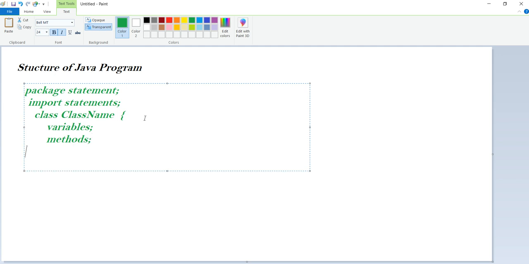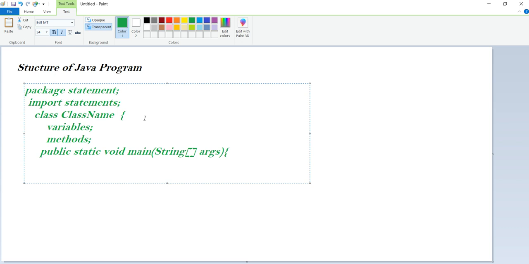then it is followed by the main method, that is public static void main, String args. I'll explain each and every one here.